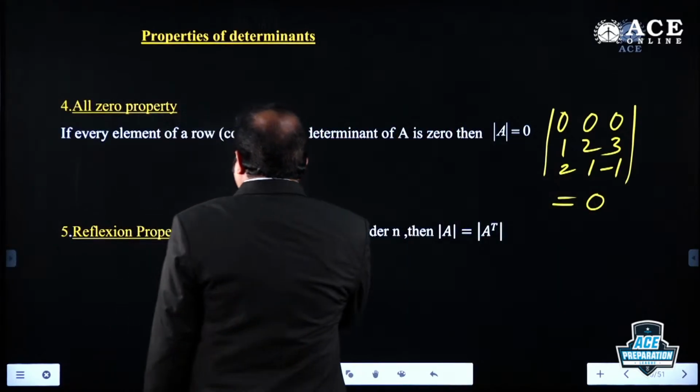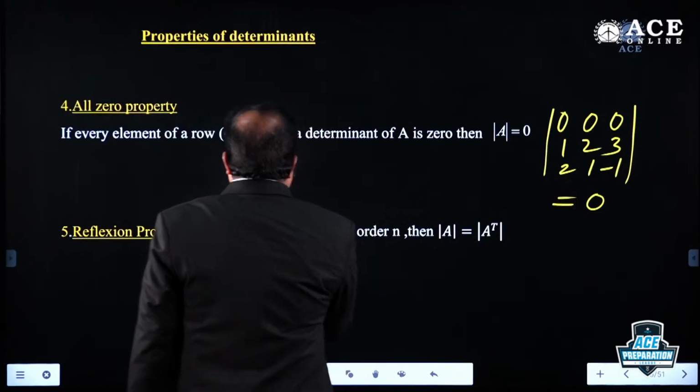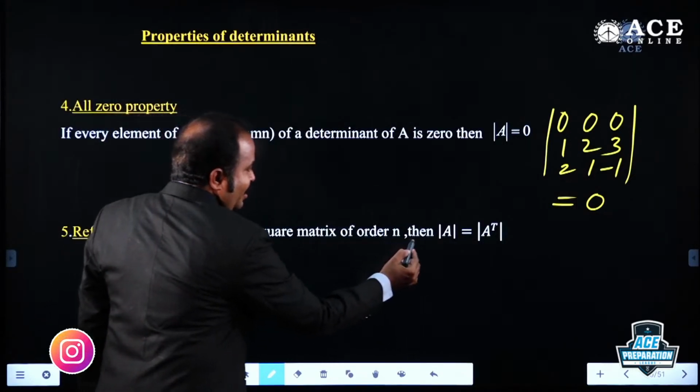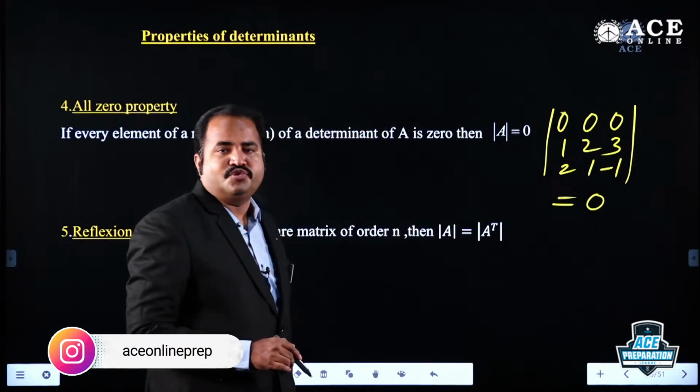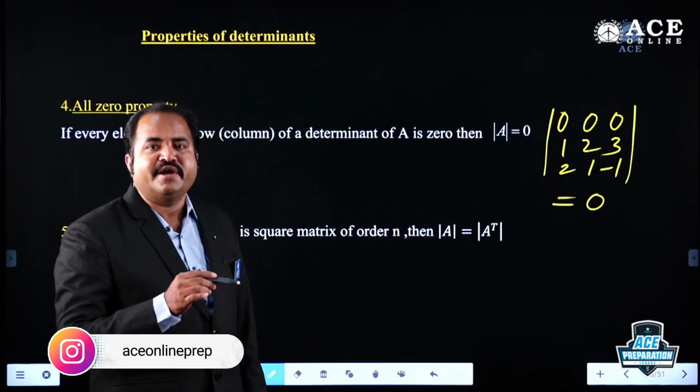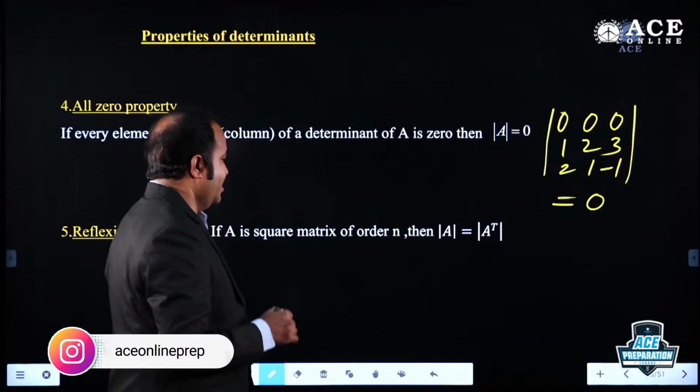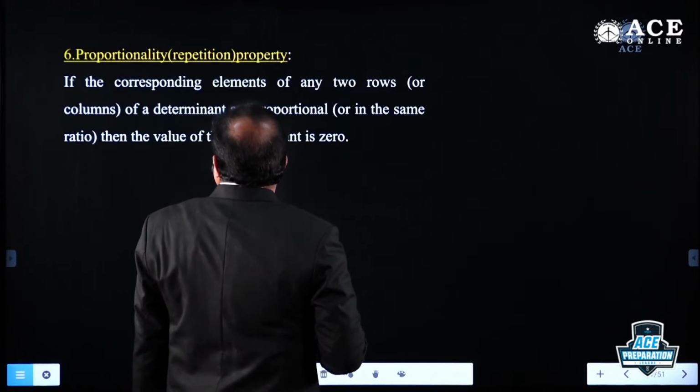Similarly, the next one is the reflection property. What is the reflection property? If A is a square matrix of order n, then det of A equal to det of A transpose only. Means what? Determinant of A and A transpose are the same only, right? Similarly,